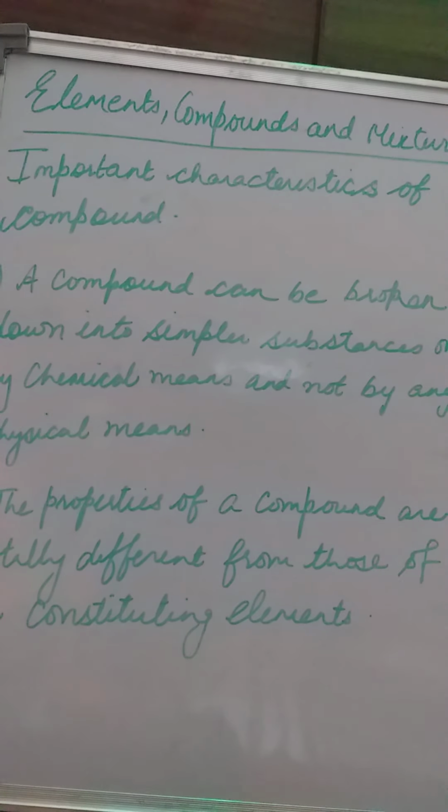Water is a compound. So water is made up of hydrogen and oxygen, right? Now hydrogen, what are its properties? Now we are going to learn. Hydrogen is a combustible gas. It reacts with oxygen, which is a supporter of combustion, and it forms a compound which is water, and water is neither combustible nor a supporter of combustion. So the properties of the compound are entirely different from the elements forming the water.